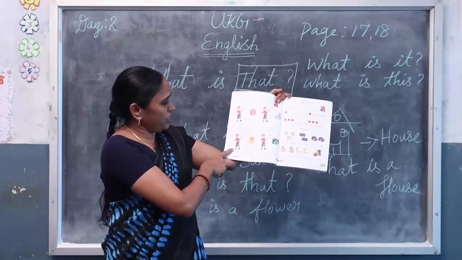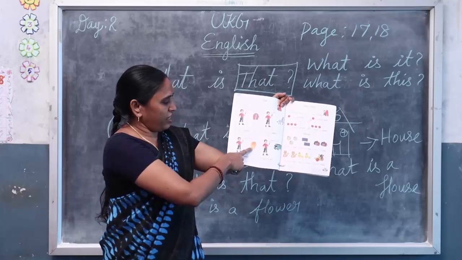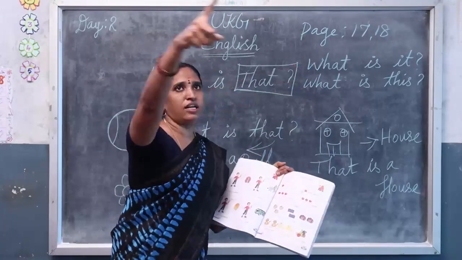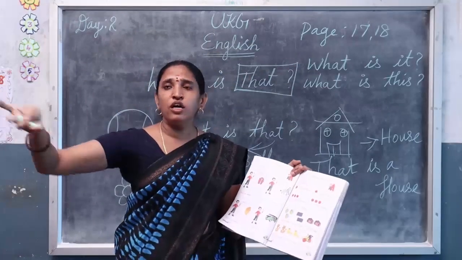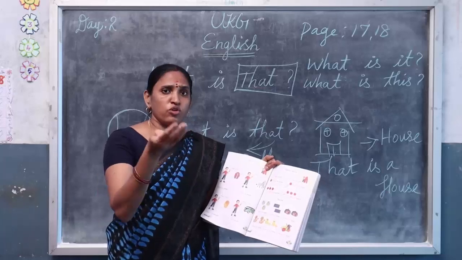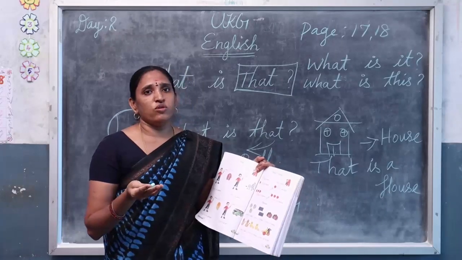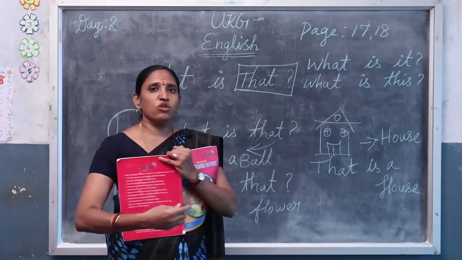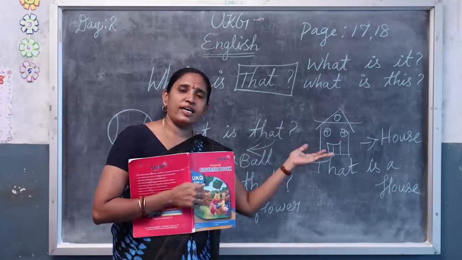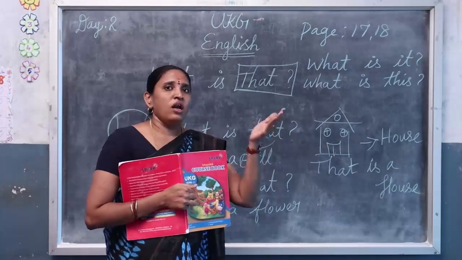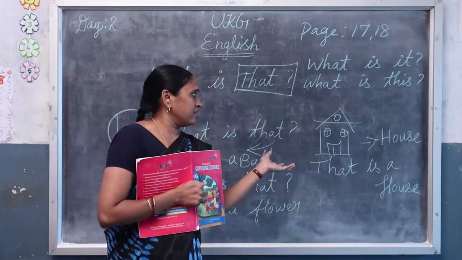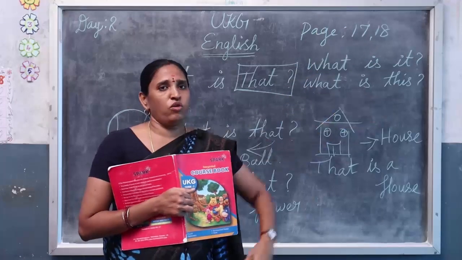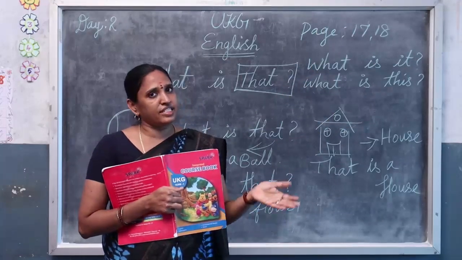Then the next picture, the boy says the question. What is that? What is the boy doing? He looks at things far away, raises his hand and asks the question. So you have to answer me. Start with your word first. That. That is a. Any objects and things: that is a ball, that is a cat, that is a pen, that is a house. For everything at a long distance, we use that. For things nearby, we use it and this.